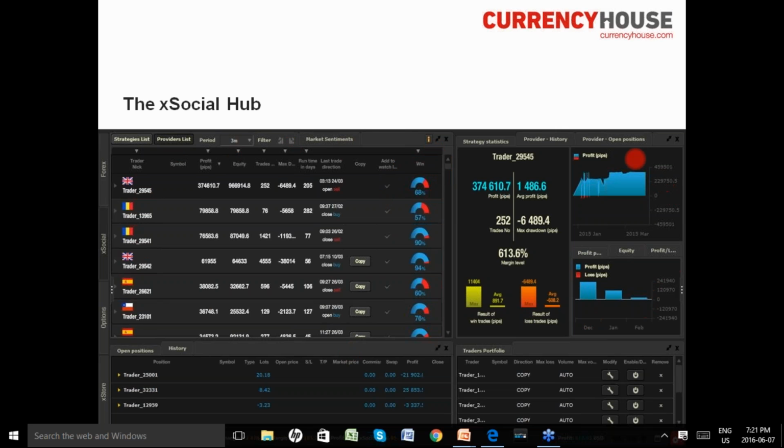Box number 2 is when you actually select a specific player. So in this environment, we've selected trader 2954 from the UK here. Then we're going to view their profile. So this is kind of like their Facebook profile, if you will, their trading profile that you're going to get to see. It's going to be monitoring all their trading activity, how much profit they're up, how much profit they make on every trade, their overall percentage. Are they just kind of reaching their peak right now? Are they starting to fizzle out of their profit capability? And some other statistics such as provider history, what they're currently trading, and open positions, the positions they currently have